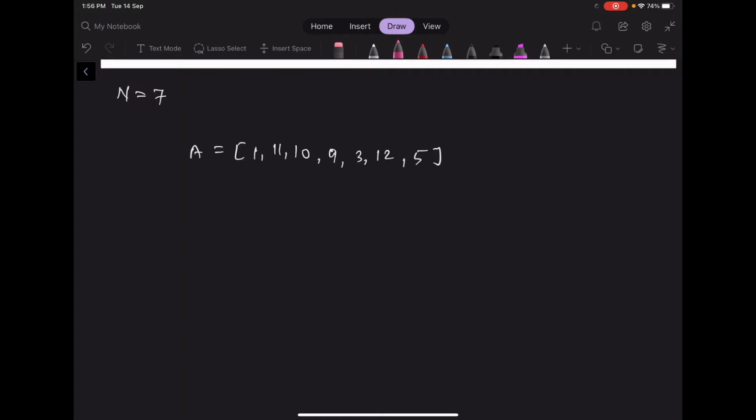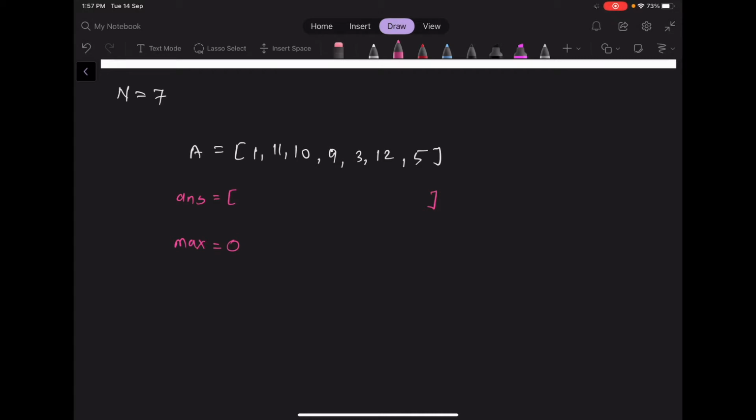Now in order to find our answer, what we can do is iterate over all the indices of array A, and at each iteration we are going to fix an index, then iterate over all the indices other than that one index, and calculate the maximum element among them. So let's say we have created an array answer to store our final answer, and at each iteration we are going to create a variable max. So max is going to store the maximum number other than the element stored at that specific index.